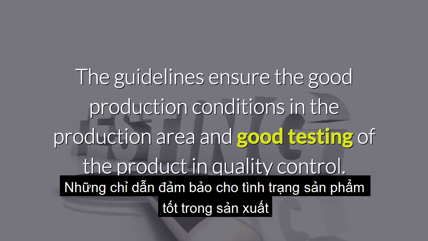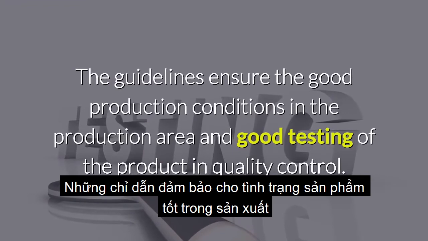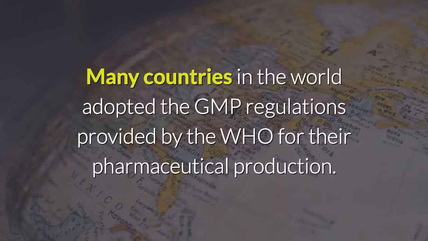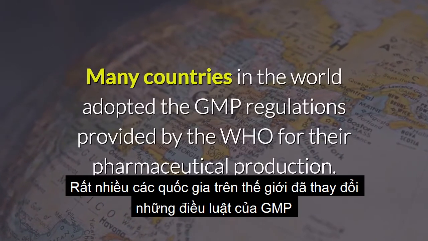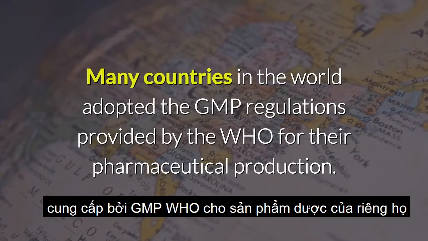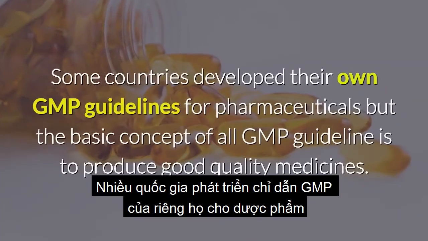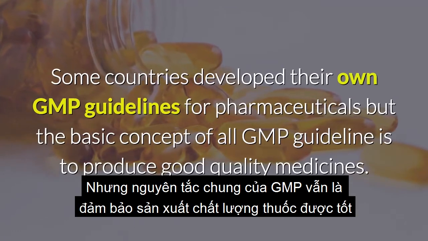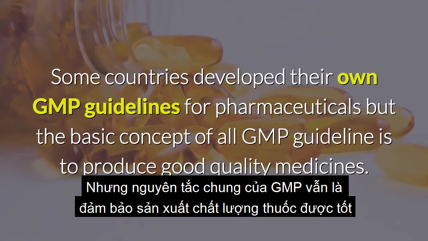The guidelines ensure good production conditions in the production area and good testing of the product in quality control. Many countries in the world adopted the GMP regulations provided by the WHO for their pharmaceutical production. Some countries developed their own GMP guidelines for pharmaceuticals, but the basic concept of all GMP guidelines is to produce